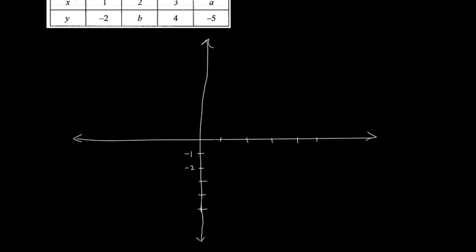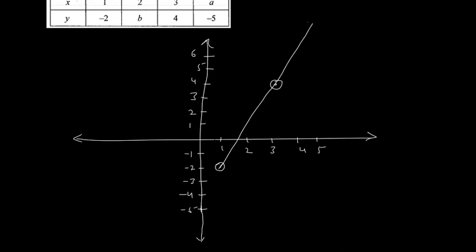So we have minus 1, minus 2, minus 3, minus 4, minus 5. Here we have 1, 2, 3, 4, 5. In the same way here we have 1, 2, 3, 4, 5, 6 like that. Okay, so 1 comma minus 2, one point is clear. 3 comma 4, this one point is also clear. So these 2 points are on the line. So what we do, we join these 2 points and extend this in both directions.